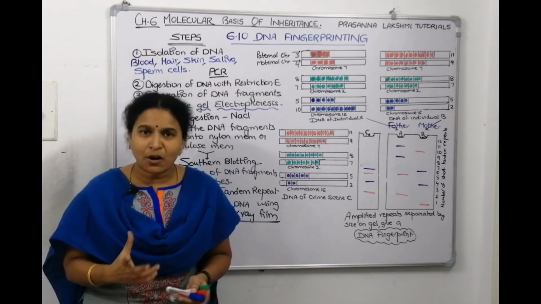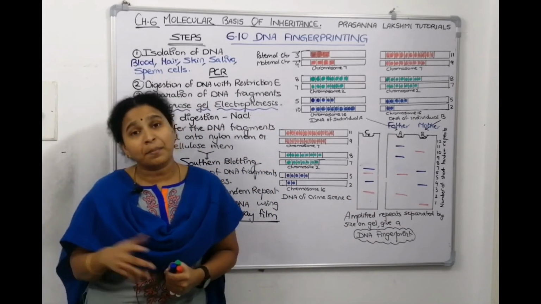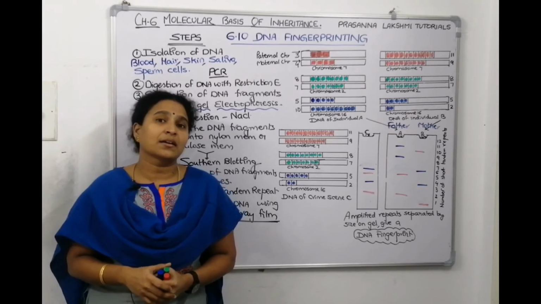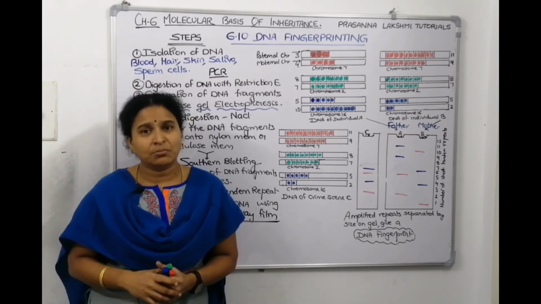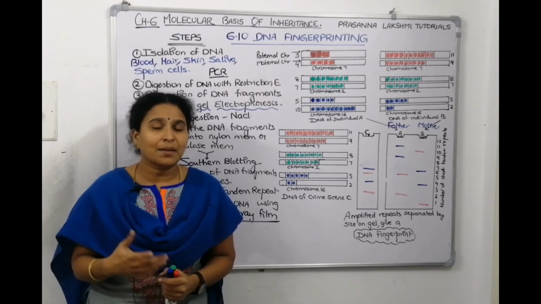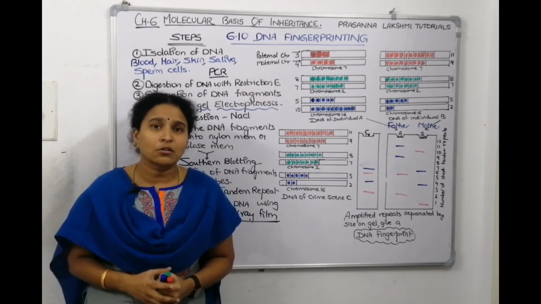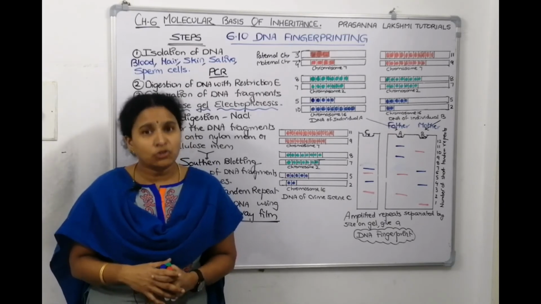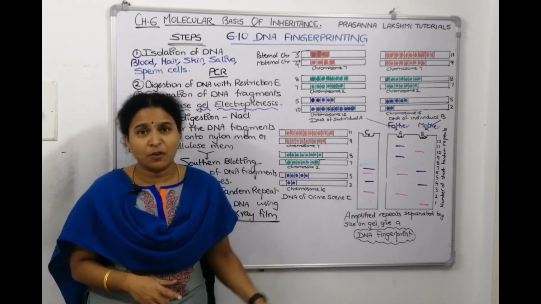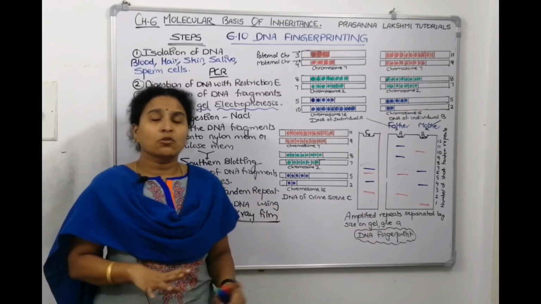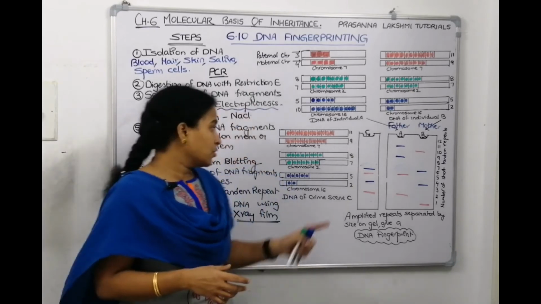Sometimes when the parents do not have the ability to produce children, they adopt children. Or sometimes there is artificial insemination. They borrow the sperm and do it. It comes under IVF, ET techniques and all those things. So at that time, when you want to check whether the father is the biological father and whether the mother is the biological mother, in paternity testing and family disputes, this is a technique.